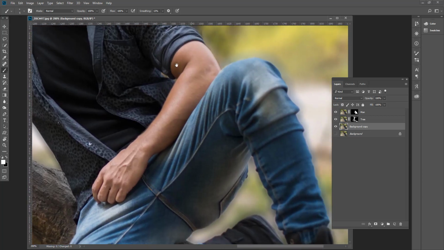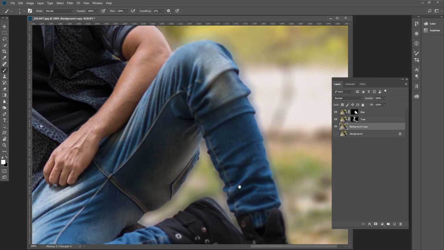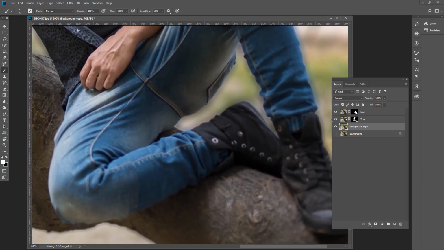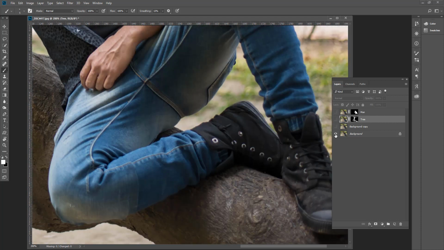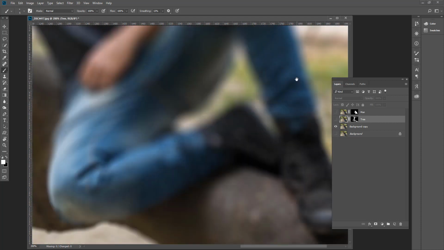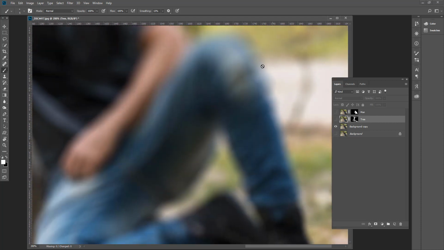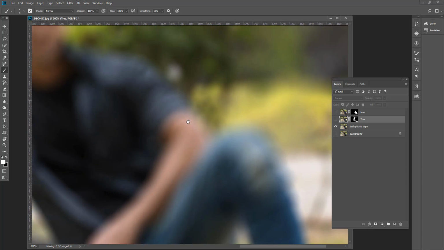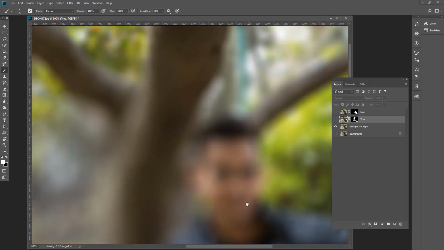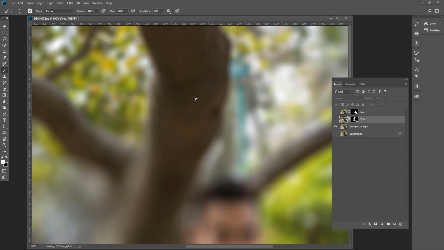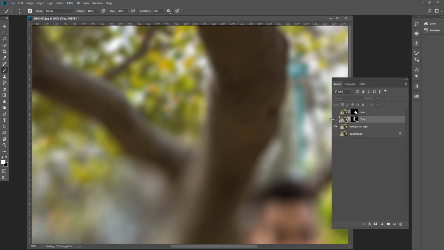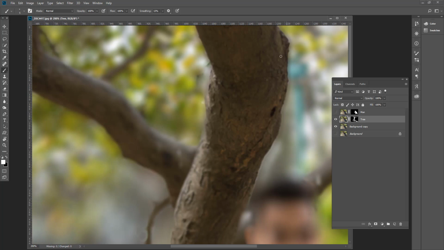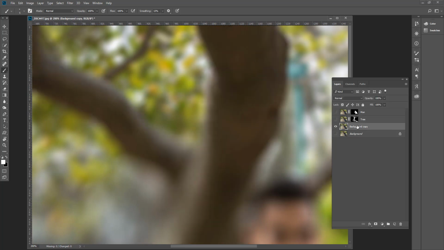Because there is some halo, this is some outline of the image, because there is image in background. This background image we don't need. In this background you don't need the man. You don't need this person's edge. You don't need the edge of this tree because this thing is blurred. So this is creating the halo on this image. Look at that. So we have to stamp it,